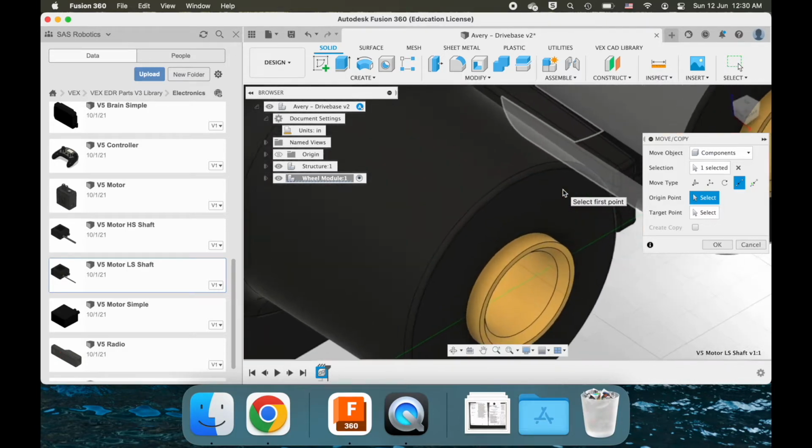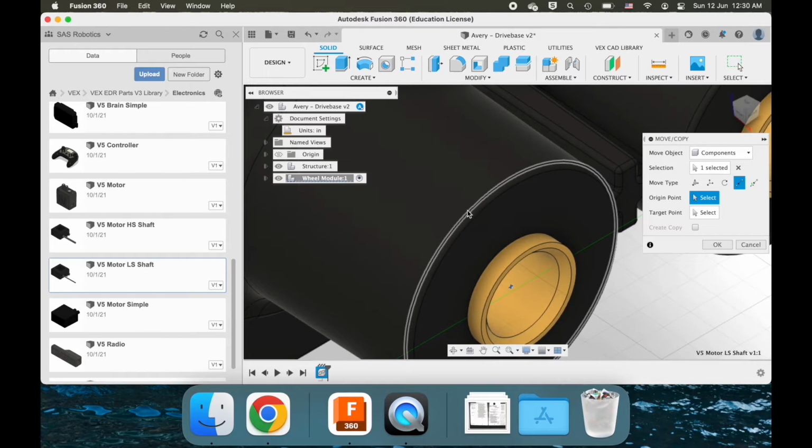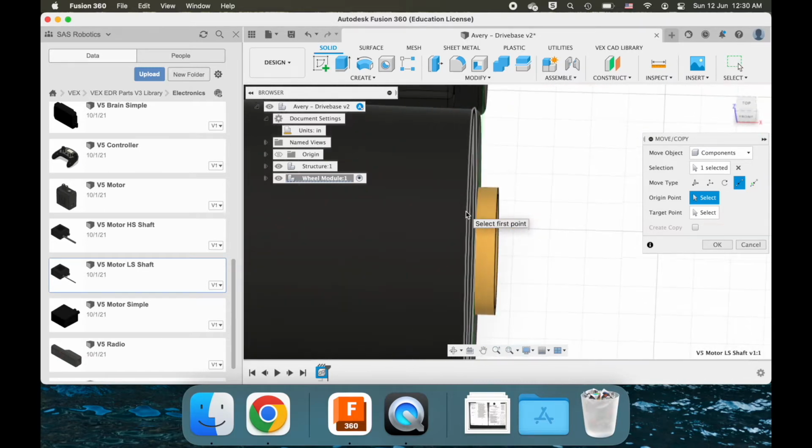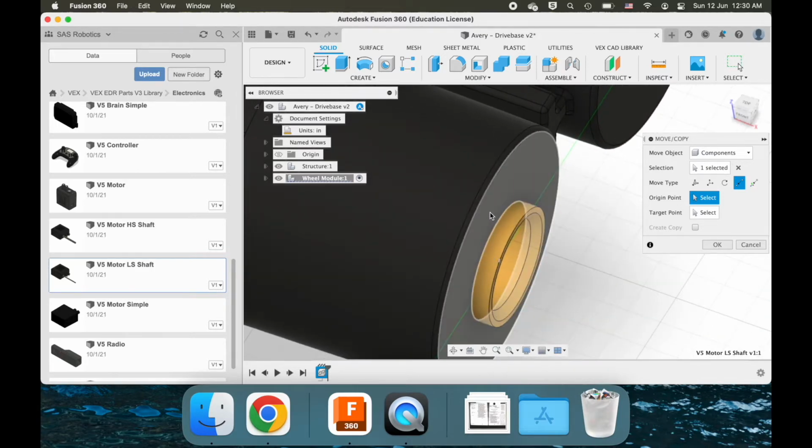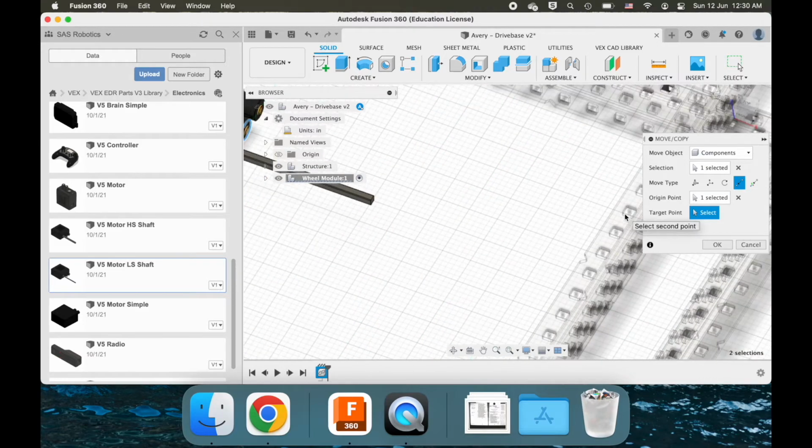Another mistake with this click is that sometimes people will click on this other circle here. Okay, you'll notice it's not actually on the surface of it. It's a bit further back. You want to make sure you're on this surface, clicking on this circle. Okay, so we click on that circle,